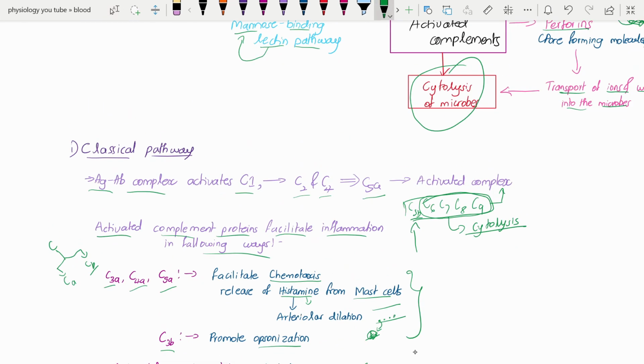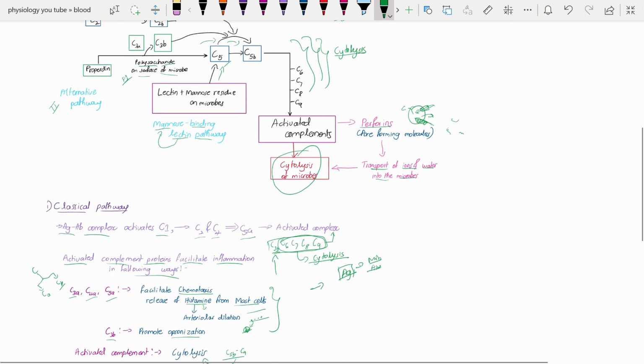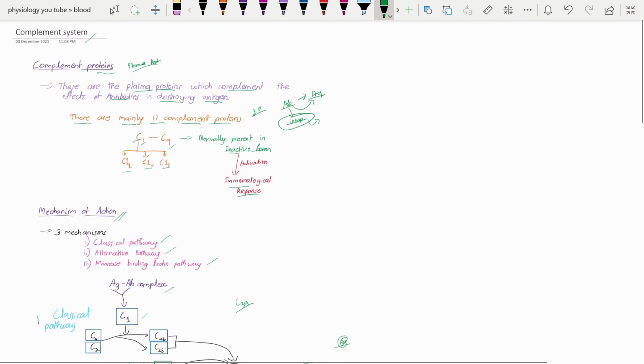So the ultimate goal is to remove the antigen from our body. That antigen may be anything, it may be just a microbe, or a pollen grain, I don't know, but that is our ultimate goal. So this was the whole story of the